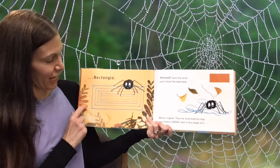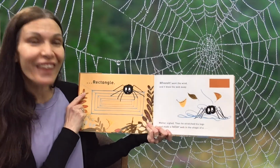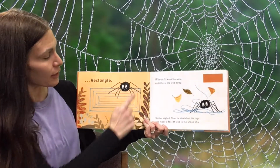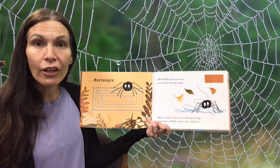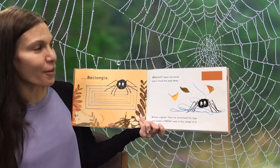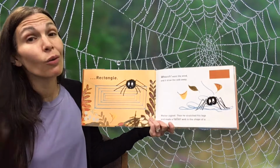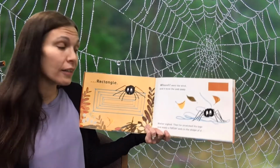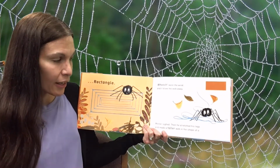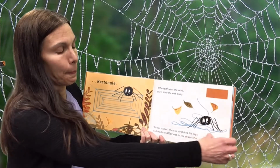This one's a tricky shape. It's got 4 sides. It's a rectangle. See, it has 2 short sides and 2 long sides. Think a rectangle's gonna make it? Whoosh went the wind, and it blew the web away. Walter sighed. Then he stretched his legs and made a taller web in the shape of a...